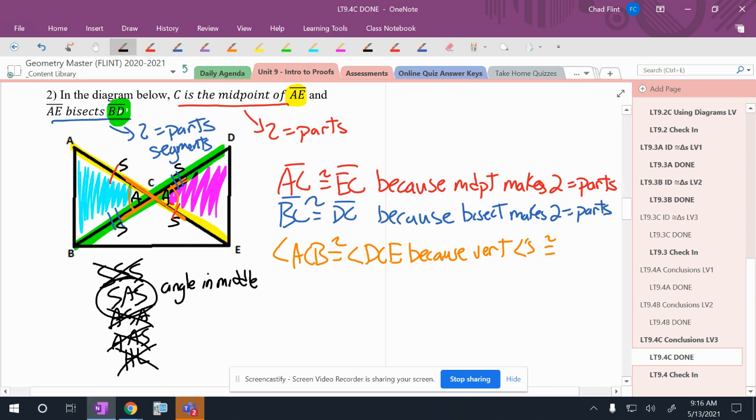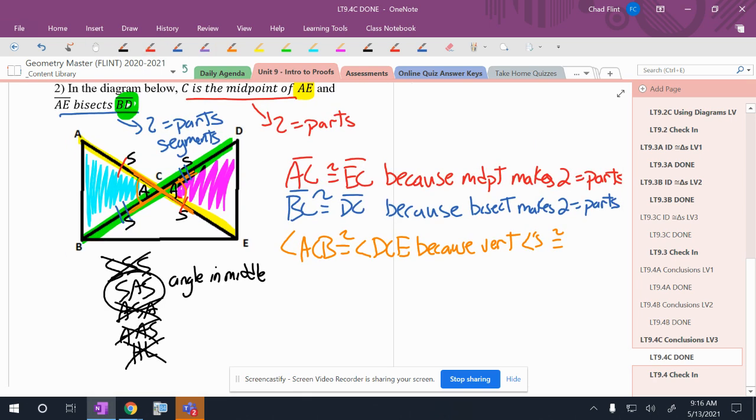Okay, so how do I do that? Well, I look at it here, use purple. Here's one side, here's the second side, there's the middle. I'm covered. Side and the side with the angle in the middle. So now I just gotta match the letters up. I gotta be careful here. A, C, B. The angles at C match up. AC matches up with the EC because they both have the mark on there. So it should be E underneath the A, and then BC matches up with DC, so the D should be underneath the B. So my last statement is triangle ACB is congruent to triangle ECD